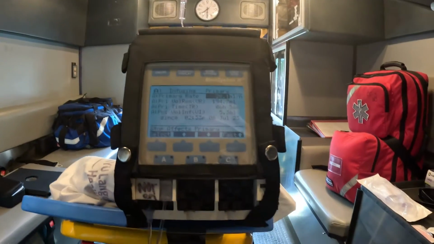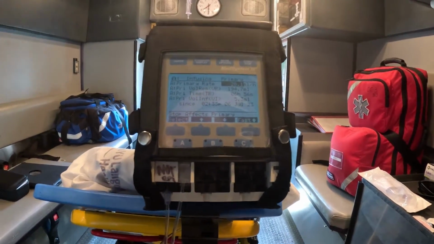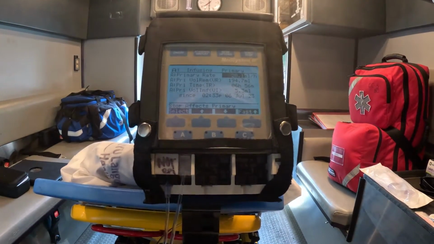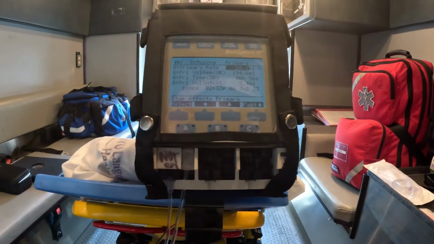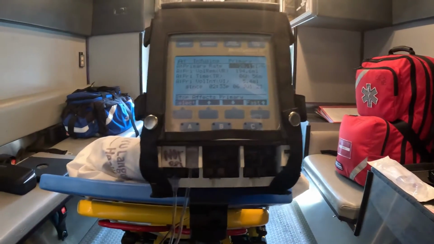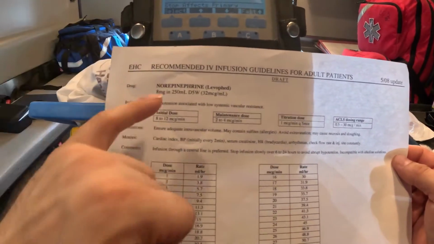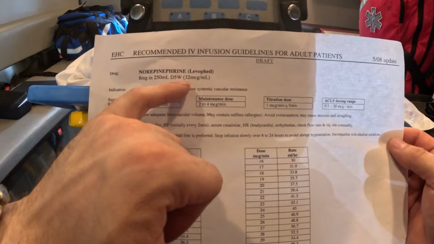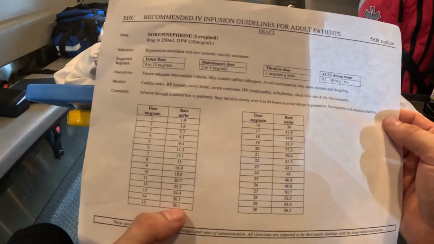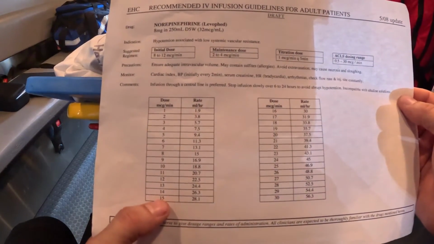Let's pretend this is how you set up your infusion for vasoactive medications. Let's pretend this is your norepinephrine infusing. And where did you come up with this 28.1 mL number? Right here, in my hand I'm holding a drip sheet. This is a hospital drip sheet for norepinephrine medication, and we see norepinephrine comes at 8 milligrams in a 250 D5W bag. Here we're infusing at 28.1 mLs an hour, which comes out to be 15 mics